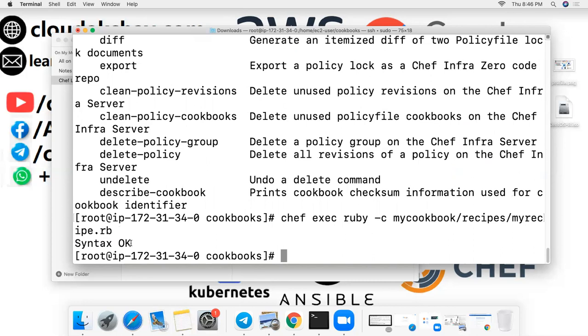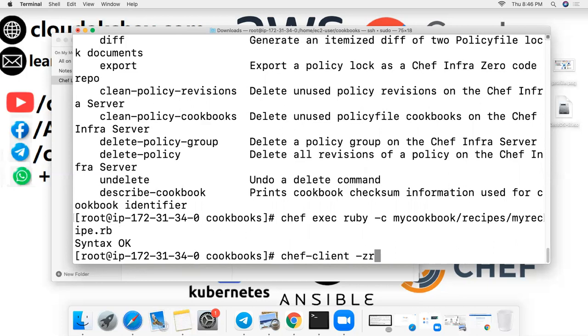Now we need to call the chef client. So we do the chef client part also here. Assume that we are on the chef client, on the node server. I execute one command here: chef-client -z -r.